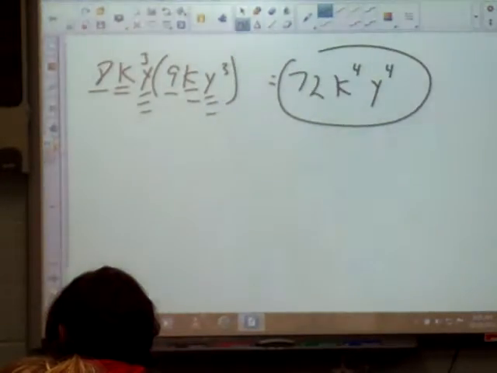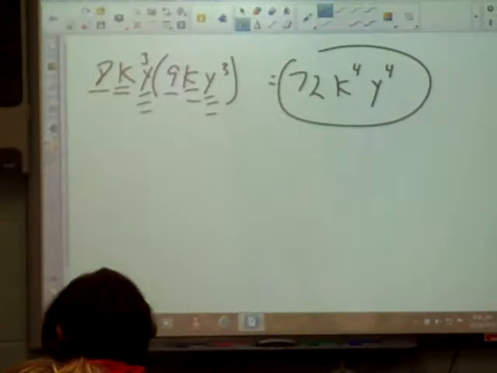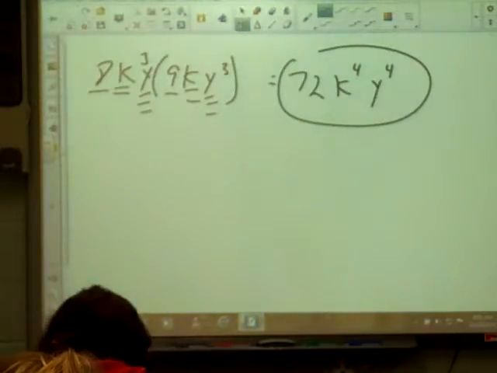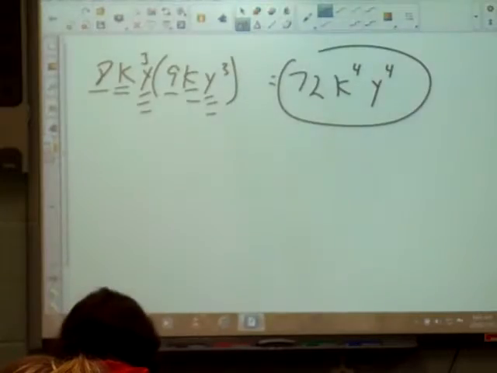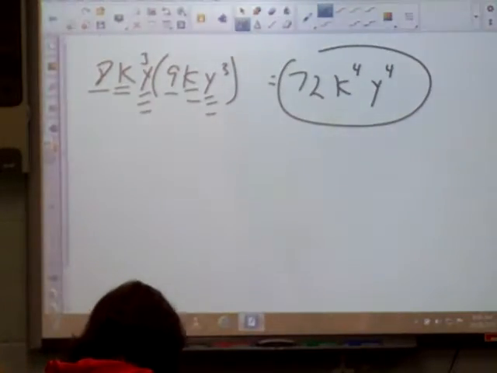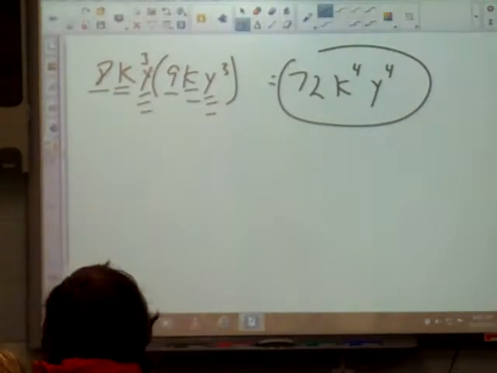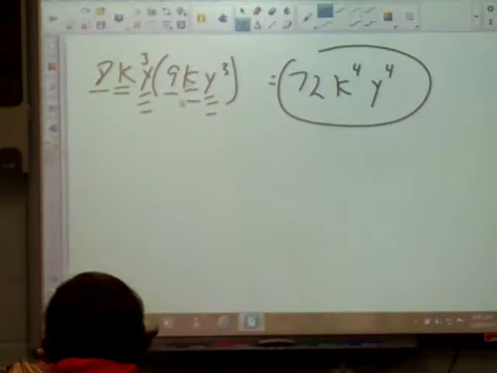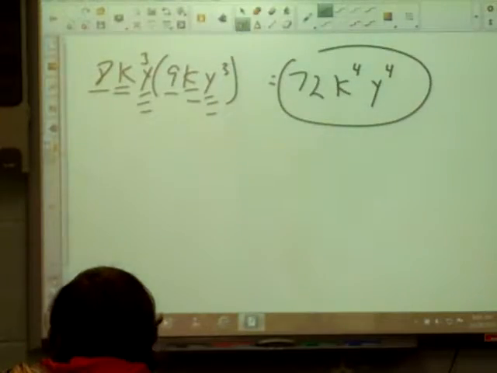Easy schmeezy. Simple. Okay, even though those are big, those are just monomials because there's not a plus or minus sign in between any of those terms. That whole thing, 8k cubed y, is one term. So that's a monomial times a monomial, what you just did on that. Okay, now here I've got a monomial,